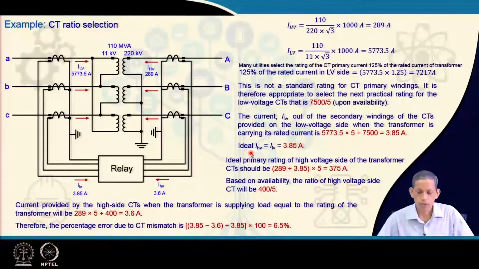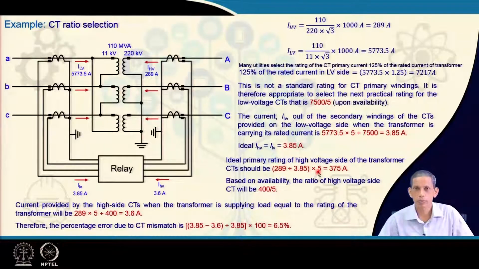Now, ideally, during normal condition, the high voltage current should be equal to the low voltage current that is being fed to the relay. So, if that is so, then going back to the CT connections or the CT choice on the high voltage side of the transformer, the corresponding 289 ampere current should be divided by 3.85 into 5,